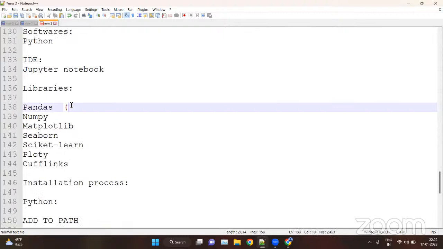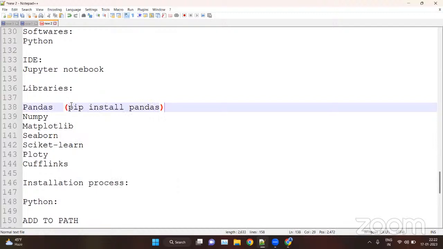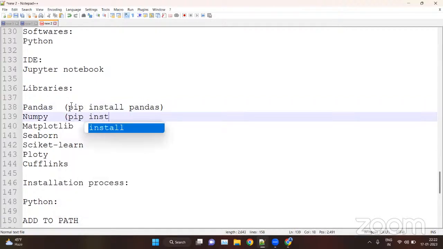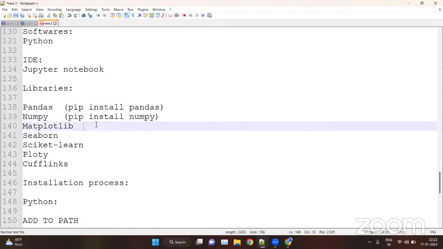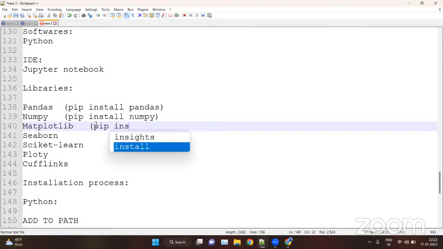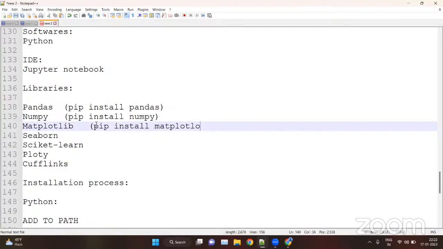For pandas, we type pip install pandas. Same as pip install NumPy. Pip is a package manager for Python, which is used to manage the packages, libraries, and frameworks of Python, and to install or uninstall packages.